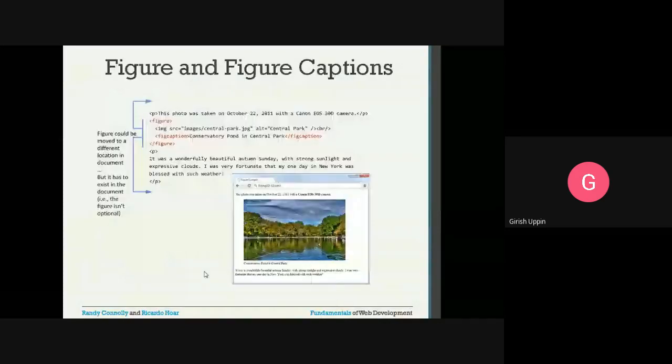This is a paragraph I have. This photo was taken on October and so and so. This is the end of the paragraph, and then I have the figure. Semantically this has a meaning for this particular website. That's why I have the opening figure and the closing figure. Inside that I have the image, and I have the figure caption. The figure caption says conservatory pond in Central Park. So this is how it should be used.